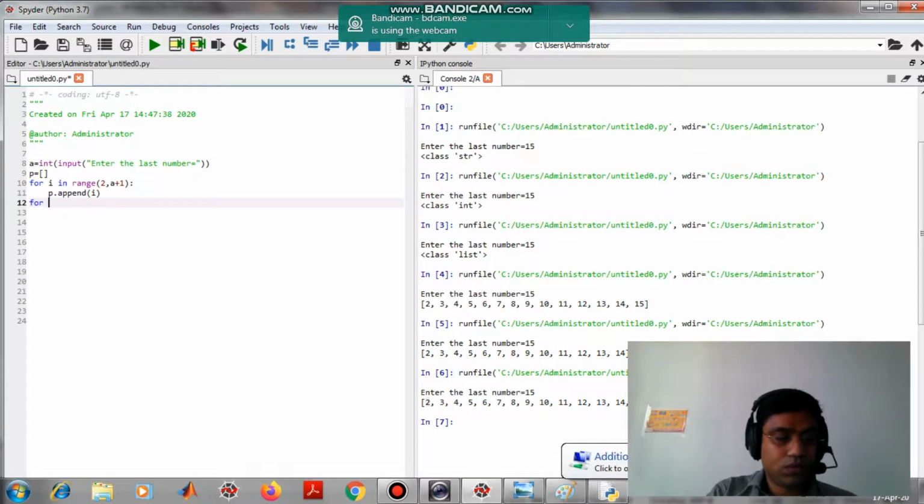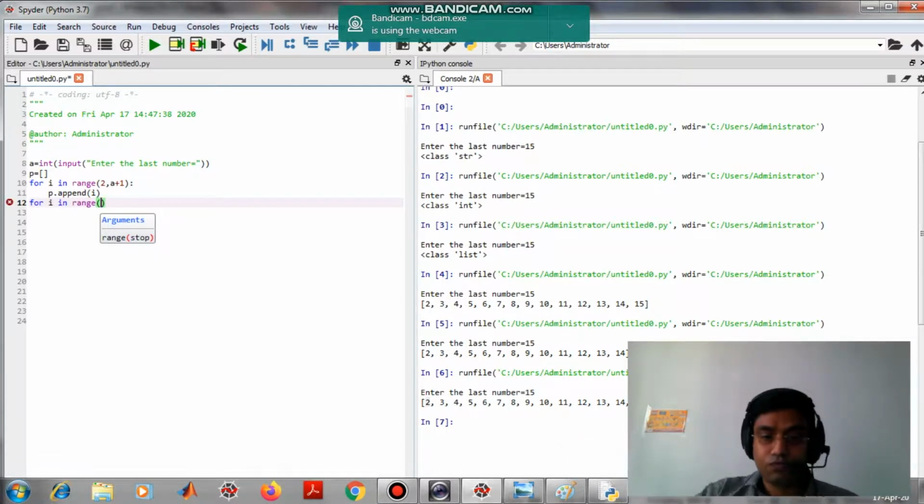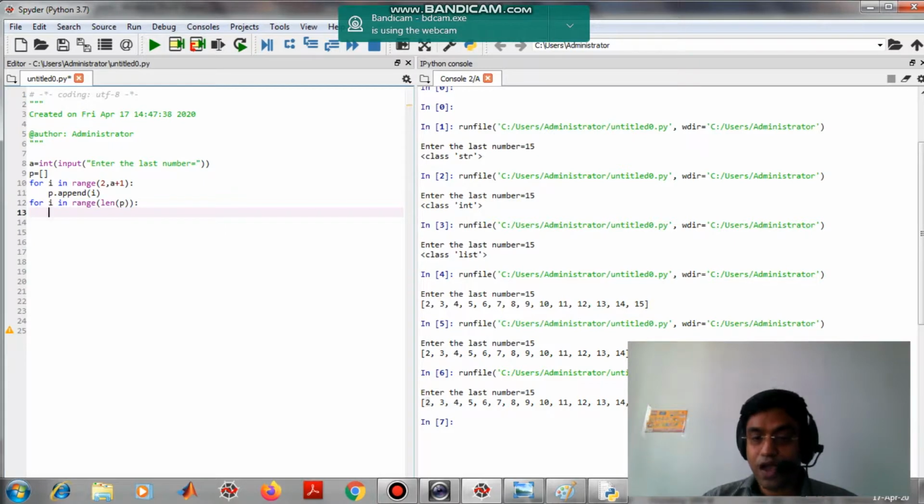For I in range, we have to start with the first element up to the last element. So we have to give the total number of elements. We will provide the length function, the length of P, in which we have entered the elements. Now this is the first step. We have to take the first number.